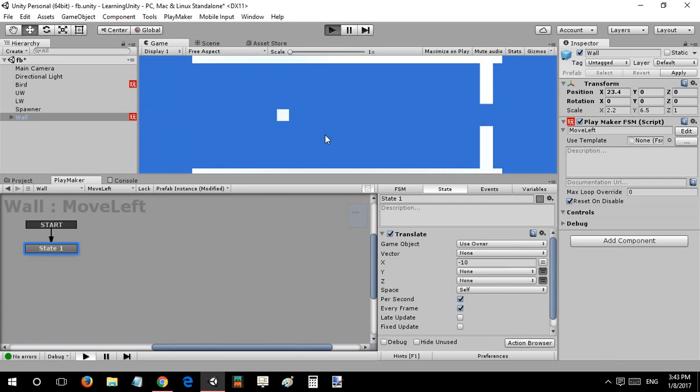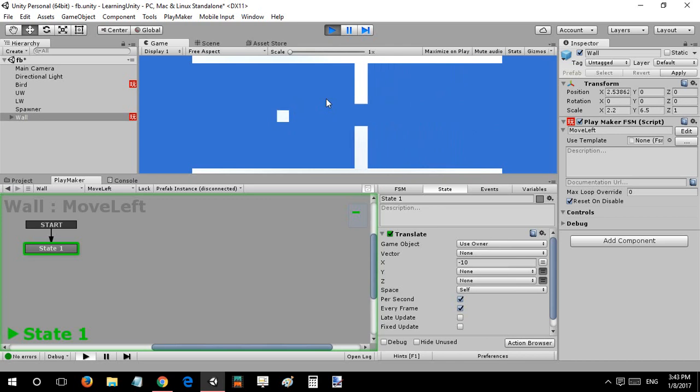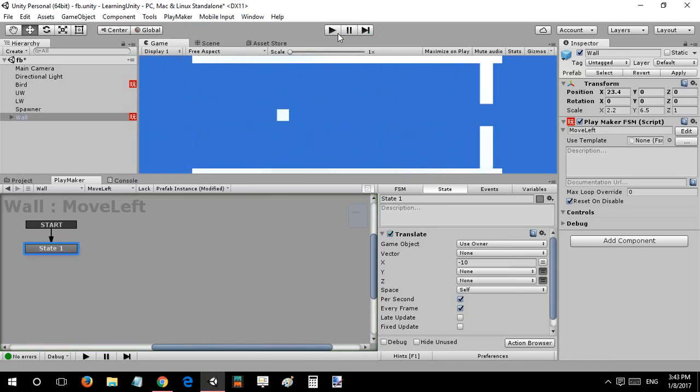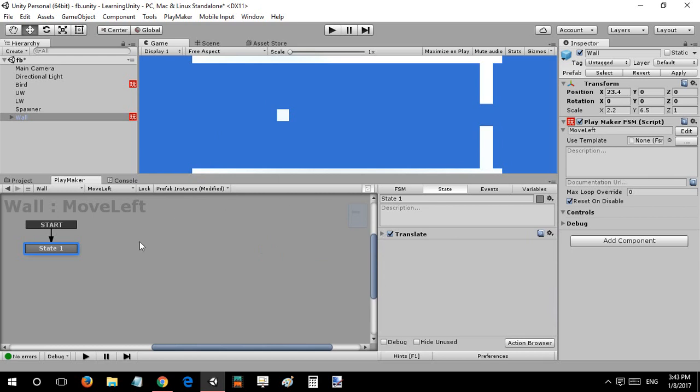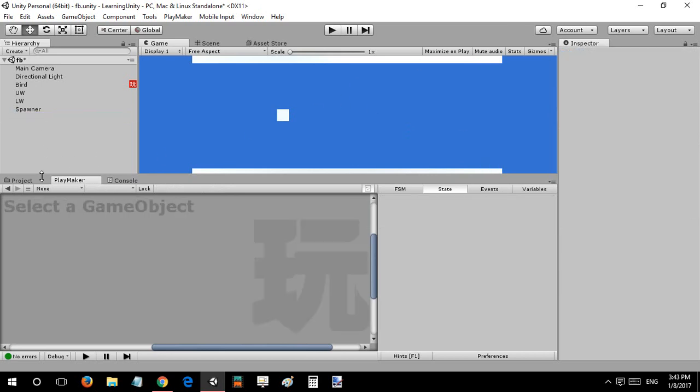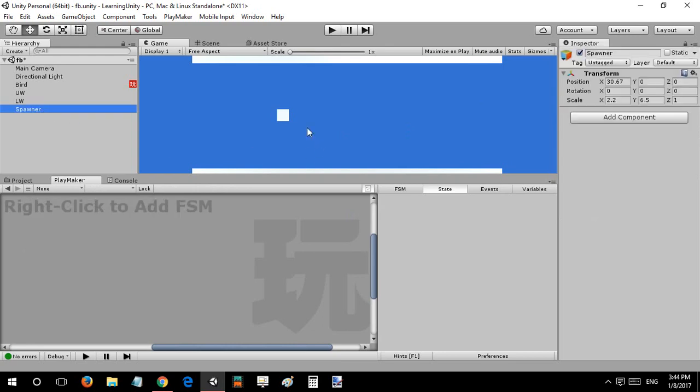And maybe we should even change the... Okay, now it's completely good. It was exactly right. So I'll just save the scene and -10 will be our speed. So now that it's saved, click apply so that it applies to the prefab, and just delete it. So at the spawner